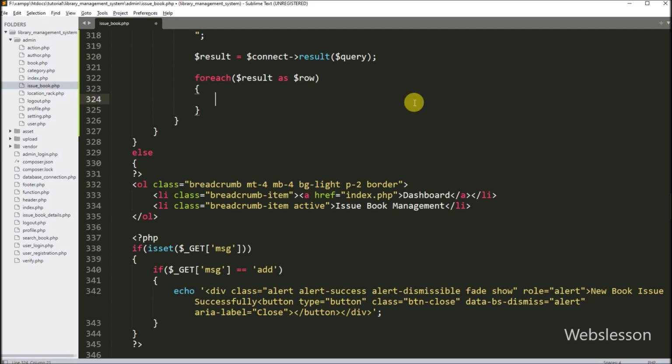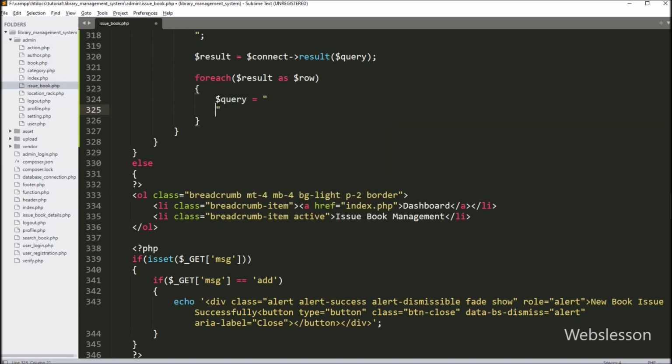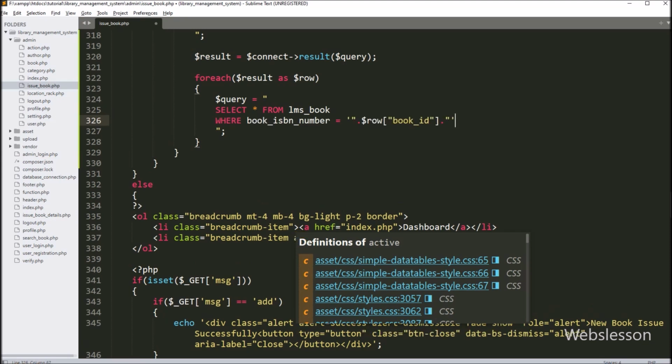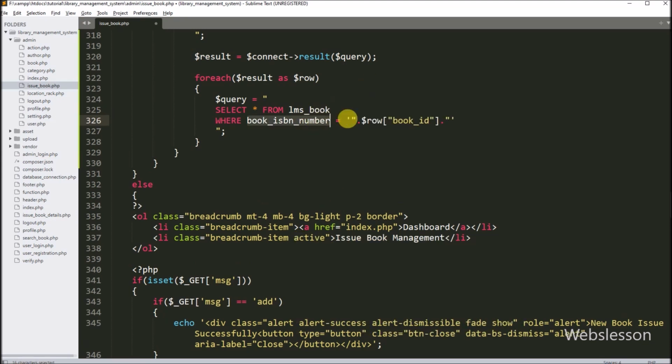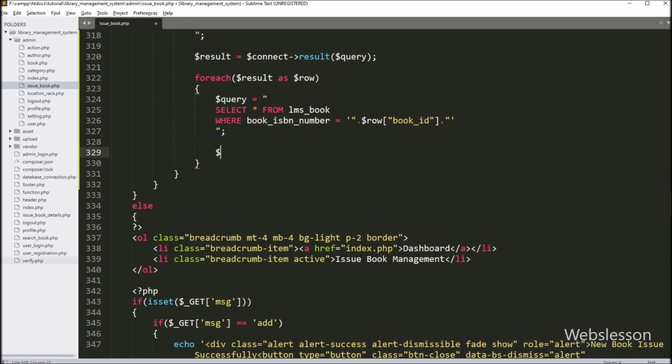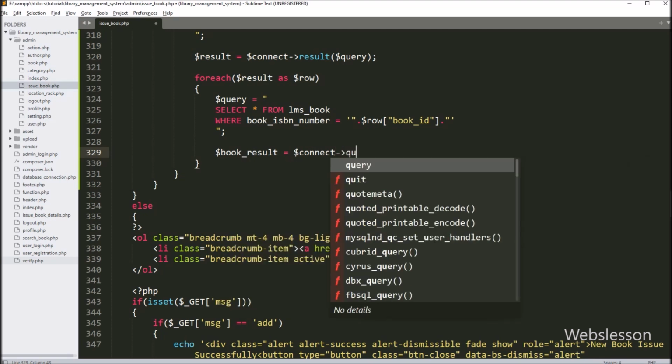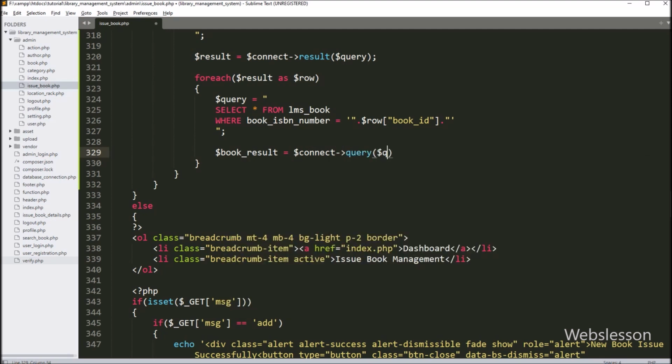Now under this loop, first we want to get book data from database, so here we have to write $query variable is equal to select star from book table, and under where condition, we have to write where book ISBN number is equal to $row book id variable, so this query will fetch book data from database. And below this, we have to write $book result variable is equal to $connect variable with query method. And under this method, we have to write $query variable, so it will execute above query, and return query execution result in an array format.